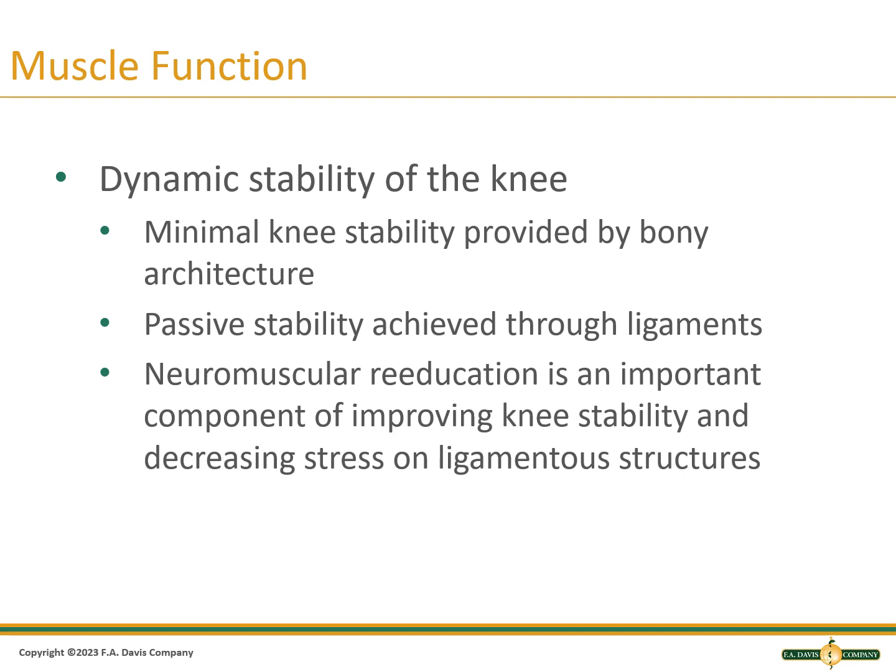There is very minimal knee stability provided by the bony architecture of the knee, right? We've got these really big round femoral condyles sitting on this really flat tibial plateau. The bones aren't designed to fit into each other very well to create this locking articular structure. And so we need to have more dynamic support around the knee in order to provide the stability that we need. Passive stability is provided to the knee through the ligaments, and so that's why our ACL, PCL, MCL, and